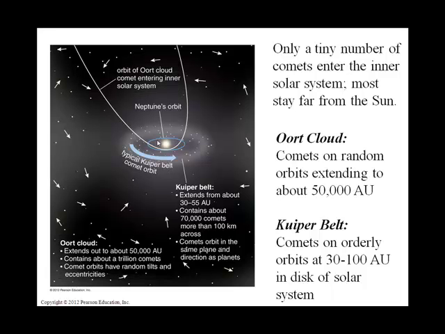The other place that comets can be located is in a region even farther than the Kuiper Belt called the Oort cloud. Now the Oort cloud, think of a big old sphere of comets out there buzzing around our solar system, centered on the sun. So these comets orbit the sun too, but they're random as far as their direction. These Oort cloud comets are even farther than the Kuiper Belt comets, which is pretty darn far